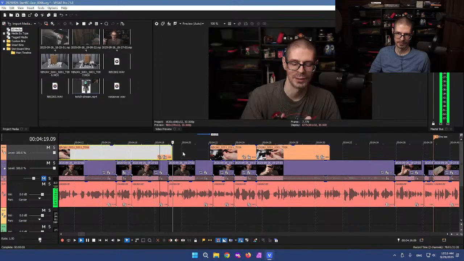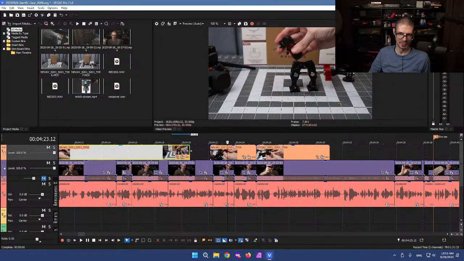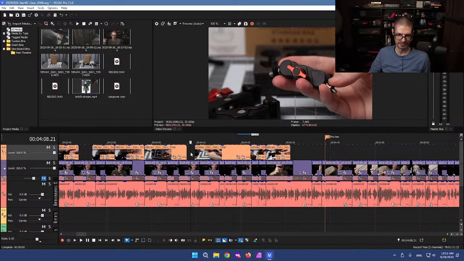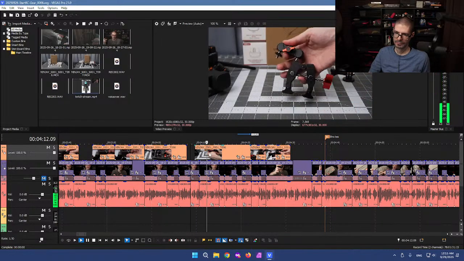To loosen, but it's all metal, so you could easily use a tool to loosen that if you need. It's not great. So it feels high quality. The only thing I noticed with this clamp and the extension arm is